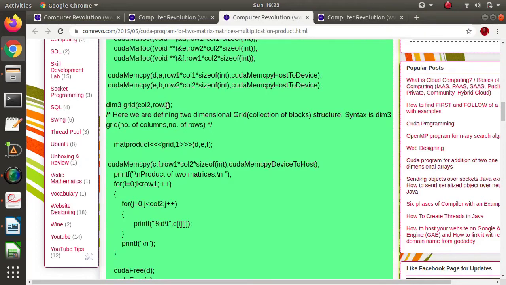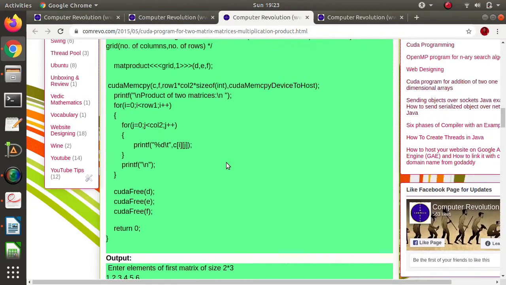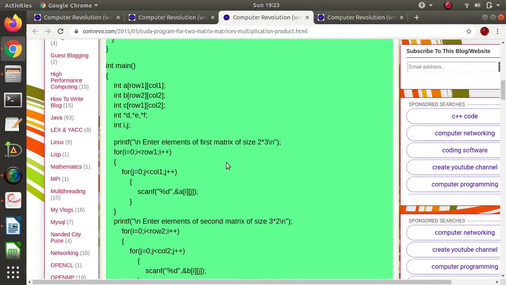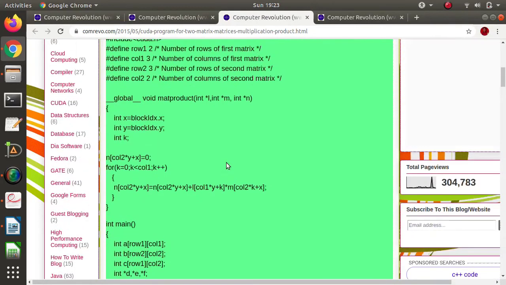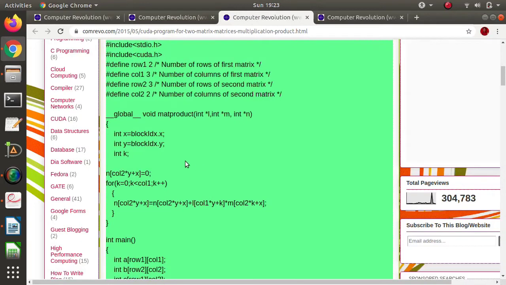So see, row 1 into col 2. This is the number of columns and this is the number of rows. Okay, and the kernel will be written like this. The id we have to manage properly there. This id is given by this, and according to how the matrices are multiplied, in that way we have to manage this id.